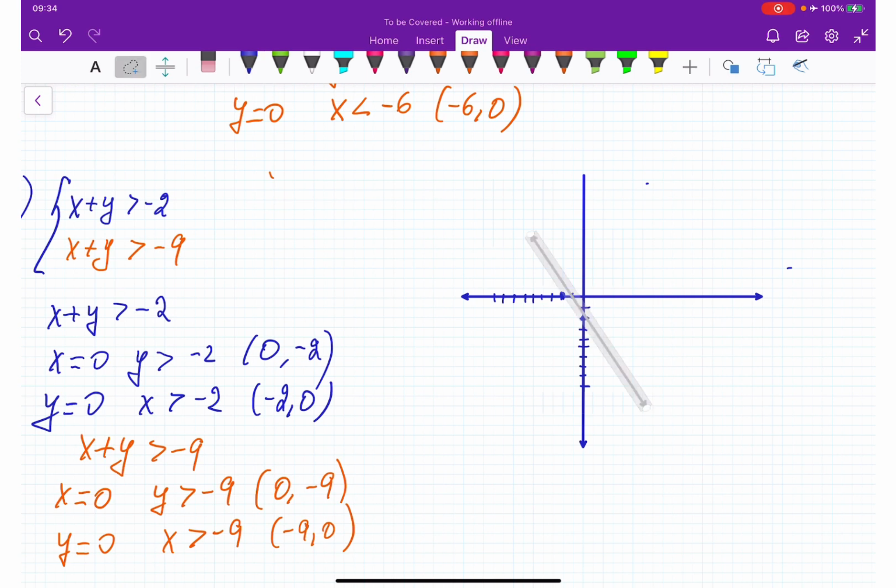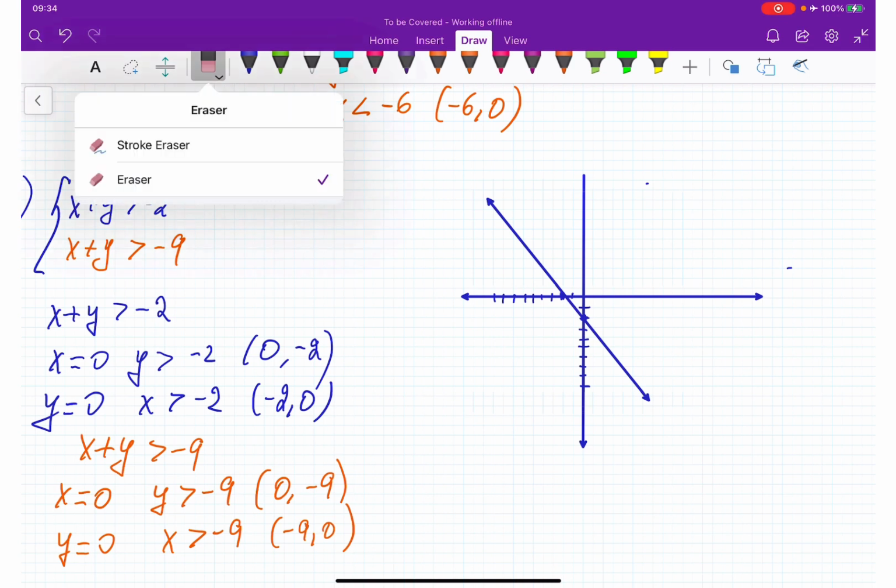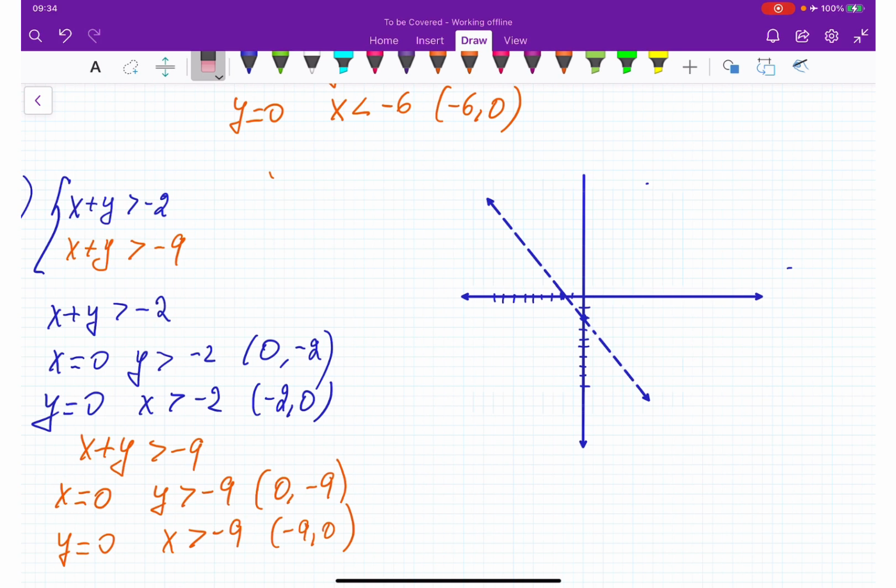And it doesn't go the way I like. We will make it. Okay. And it's gonna go as a dashes. Okay. And then now we're moving to negative 9 here, negative 9 here. So